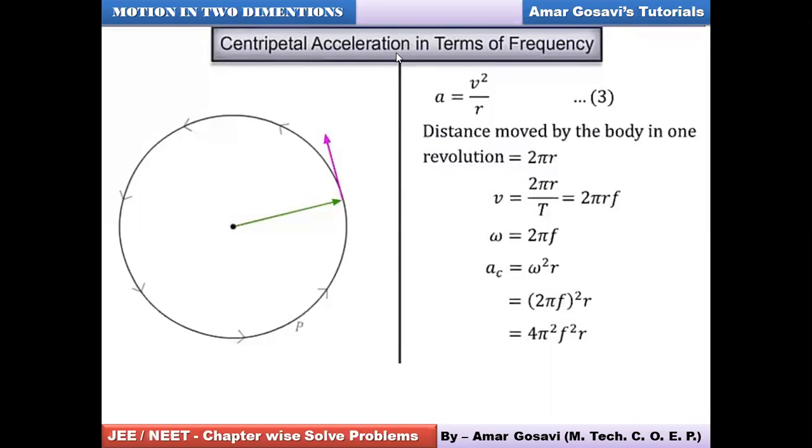Now, when I say omega is 2 pi f, instead of v, I can put it as 2 pi f into r in this case. So for centripetal acceleration, instead of v, can I put it as r omega? V is r omega, right? This is what we have derived. Put it as r omega, so you will get the same equation, which then gets converted to omega square r. So this equation was in terms of linear velocity. This equation is in terms of angular velocity.